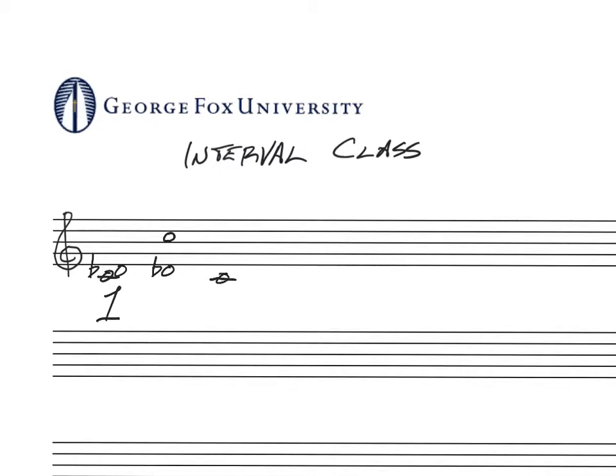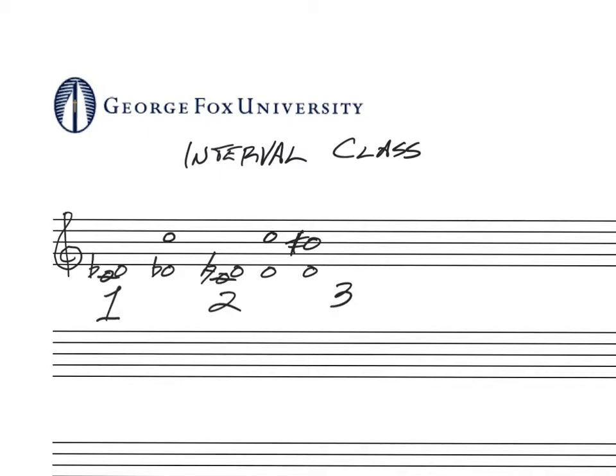Interval class 2, then, is whole steps, minor sevenths, augmented sixths, anything like that that consists of 2 half steps if you collapse them to their closest distance on the clock face. Okay? Interval class 3,